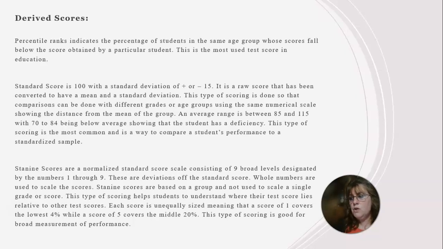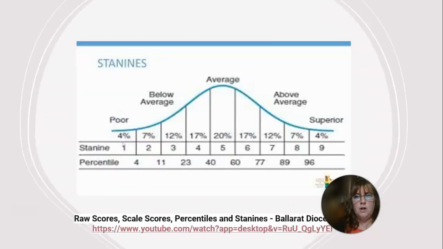Now, Stanine scores were a little bit tricky for me, so I wrote what I know but I did go ahead and include the sketch on this page, and this made more sense to me when I saw this, and I went, okay, this makes sense. So 1 to 3 is below average, 4 to 6 is average, and 7 to 9